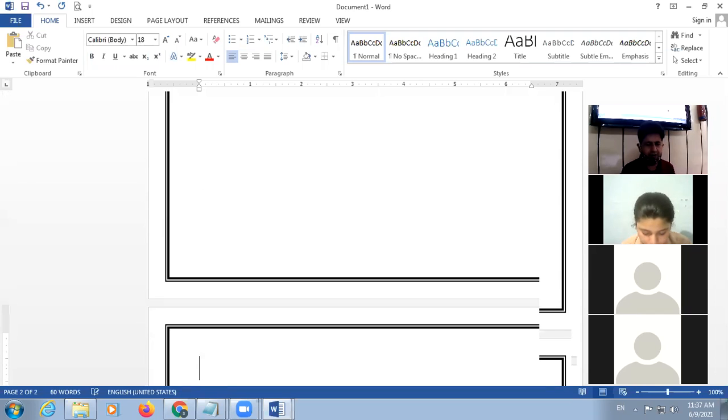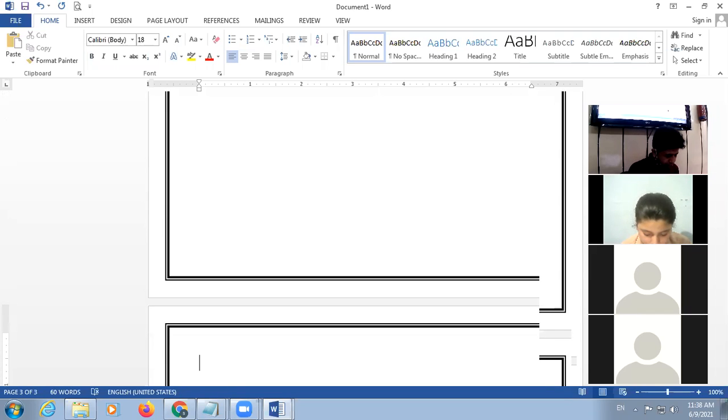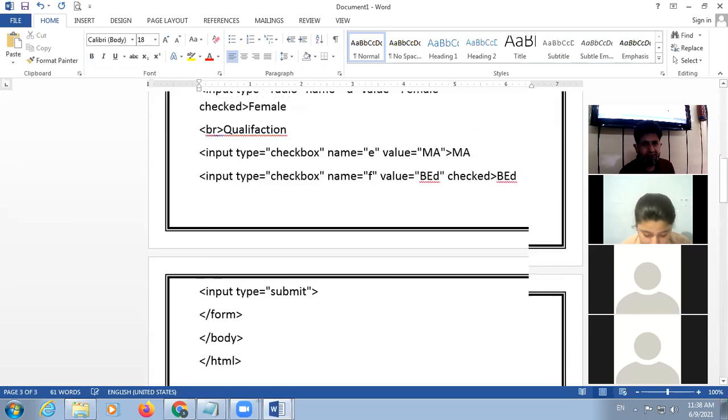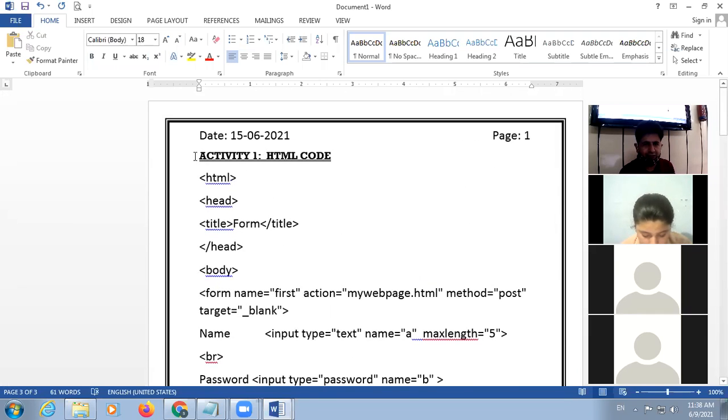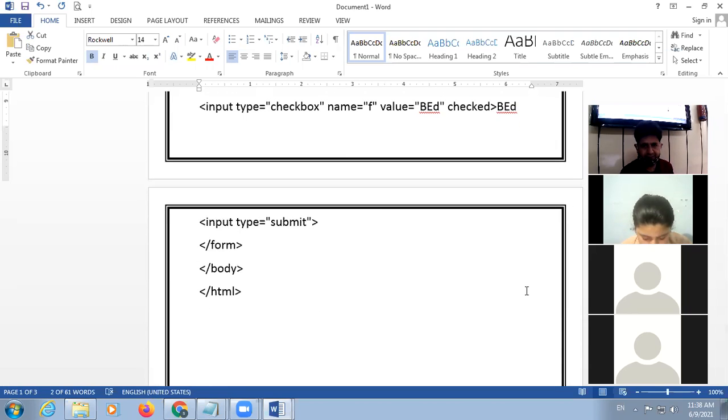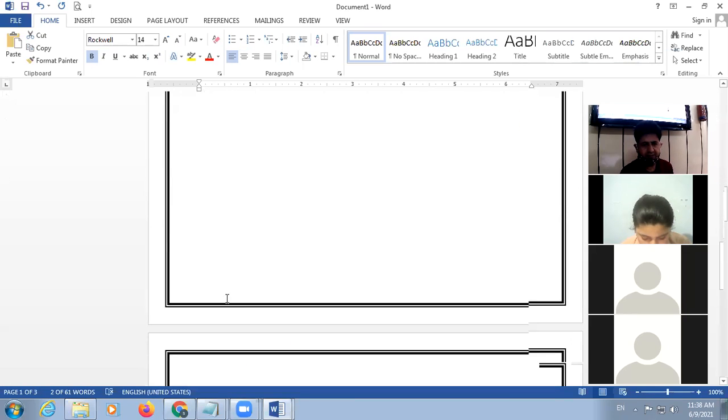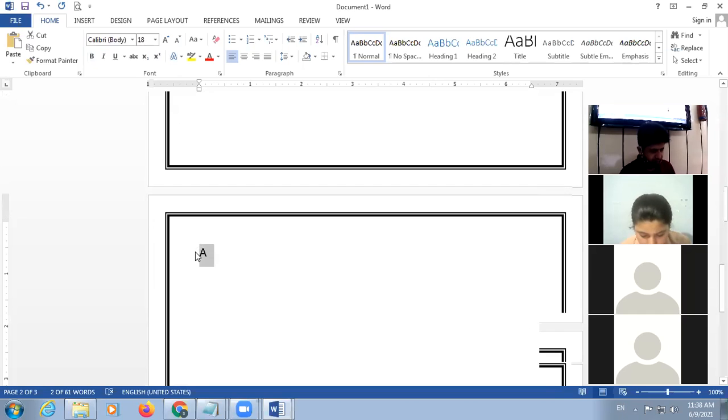You will not display anything there. Then in the next page, again activity 1, here is browser view.